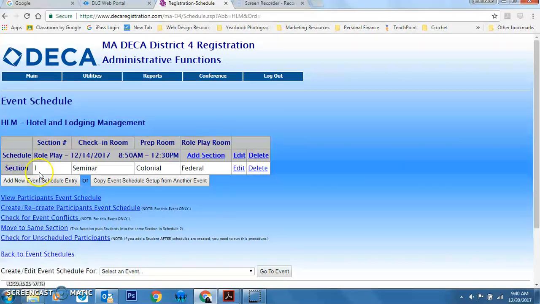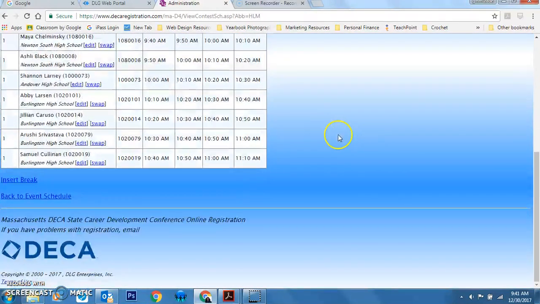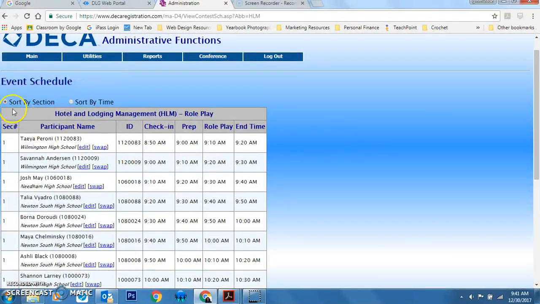And notice that it's section 1. They didn't use judge A and B. They used a different numbering system. Here's the check-in rooms and where they're going and so forth. So now I'm going to click View Participants Event Schedule, and it's going to show you either by section or